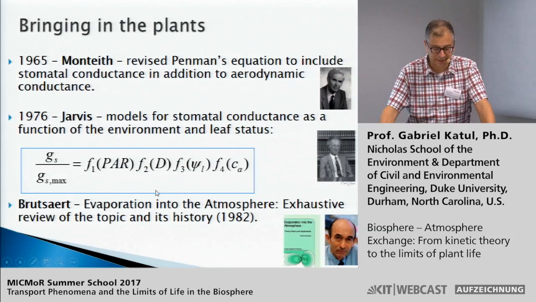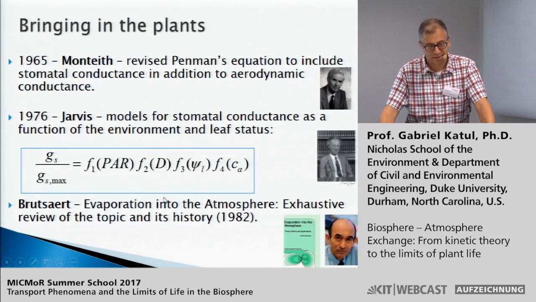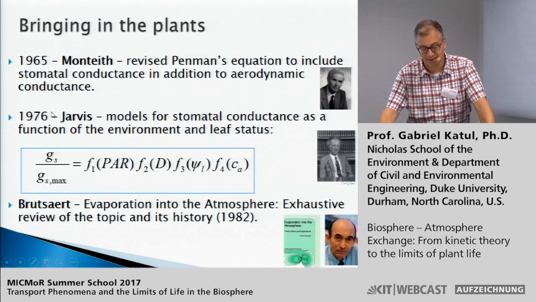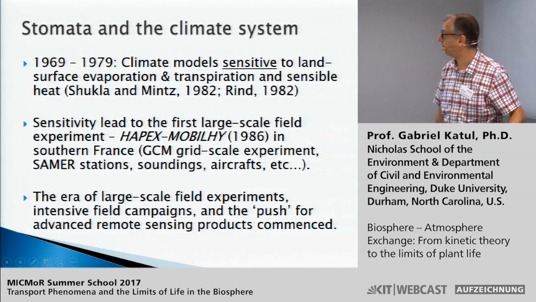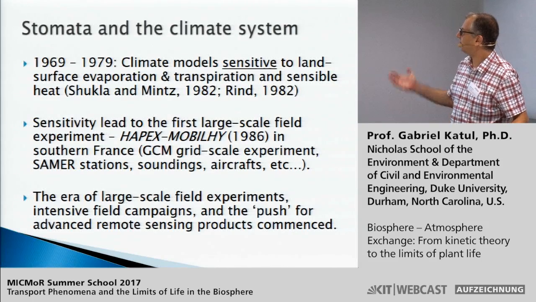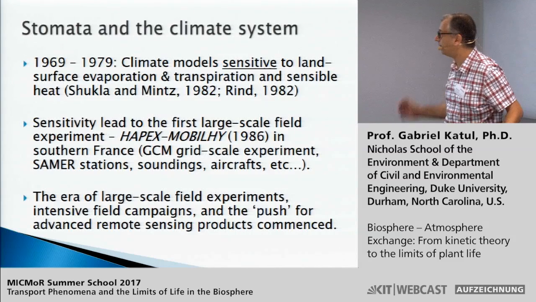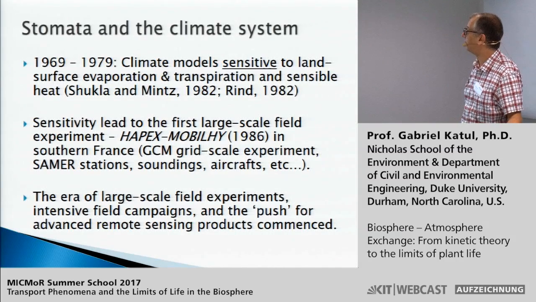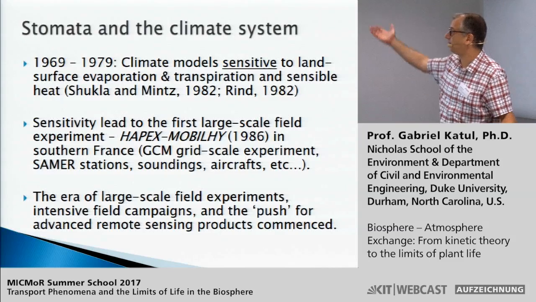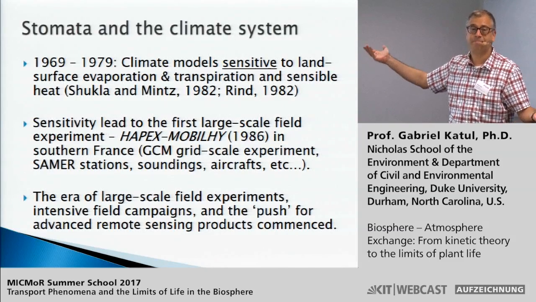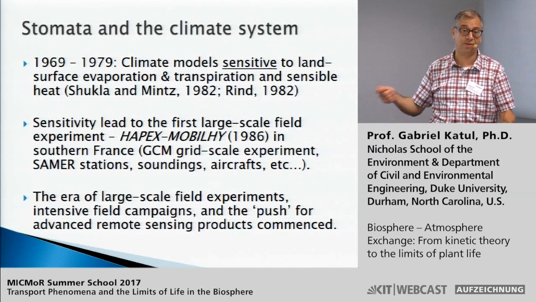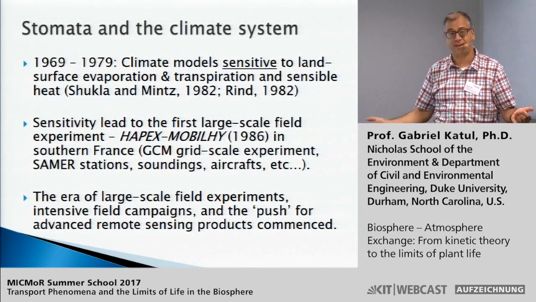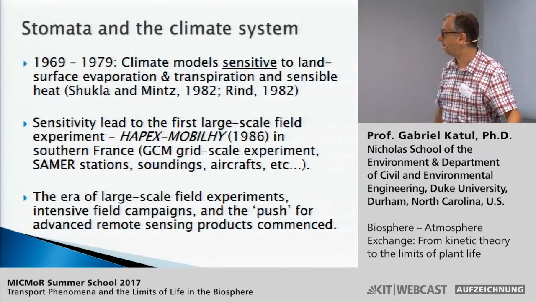Okay, but then what happened is that by the early 60s and onwards, numerical experiments were being conducted on the climate. And in fact, the realization from these climate models is that there is quite a bit of sensitivity of what's going to happen to the climate in terms of how surface evaporation and transpiration are specified. No surprise, because if you're interested in precipitation, the dynamics of the boundary layer are going to be important. And of course, those are going to be highly dependent on how you specify the evaporation rate and the sensible heat flux that drives the growth of the boundary layers.